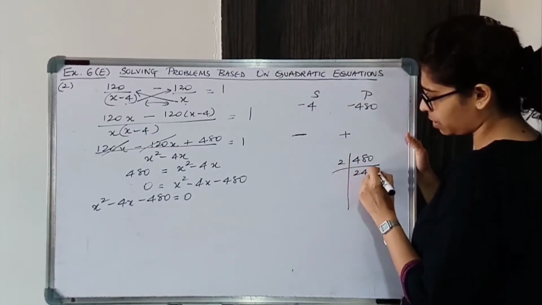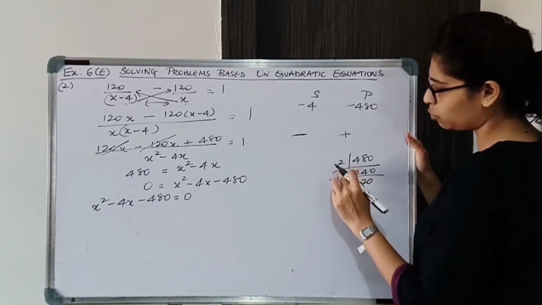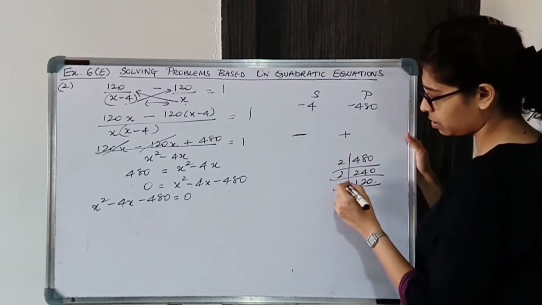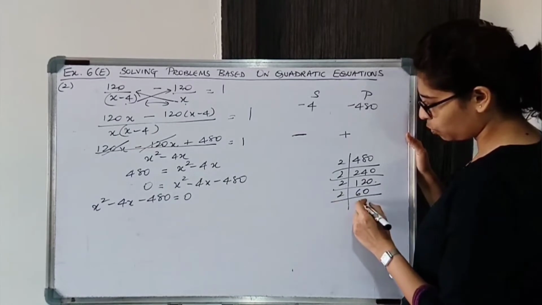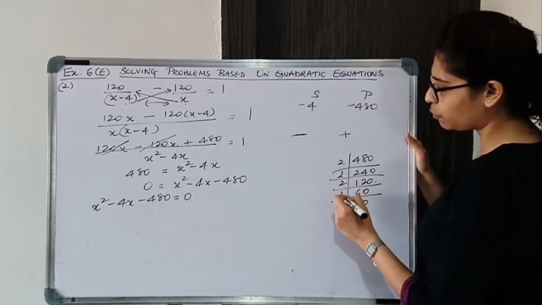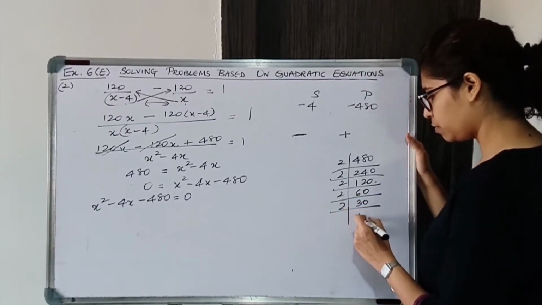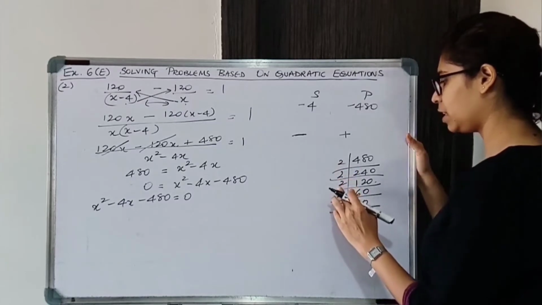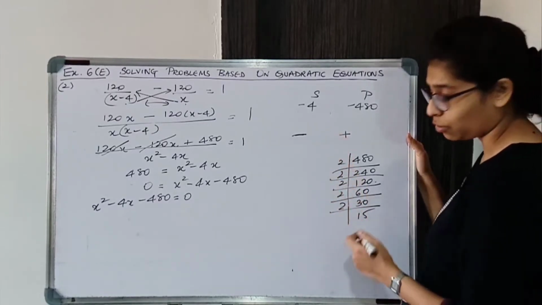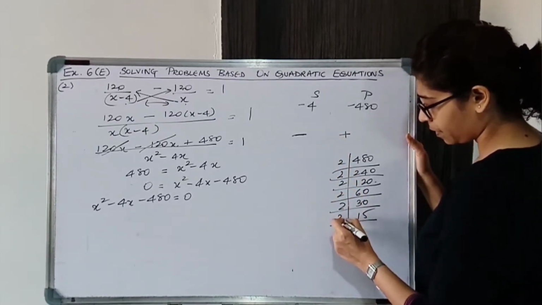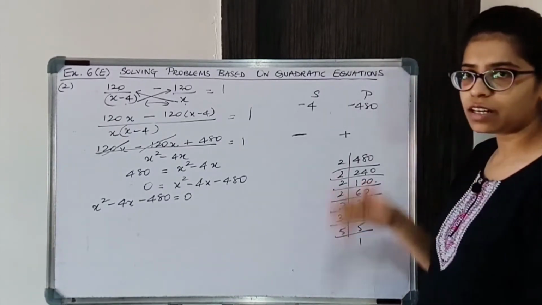2 2s are 4, 4s are 0s. The difference does not give 4. 2 120s are, 2 2s are 4, 4 and 120, still the difference is huge. 2 60s are, still you will not get it. 2 30s are, 2 2s are 4, 4 4s are 16, 16 and 30 you will still not get. 2 15s are, 2 2s are 4, 4 2s are 8, 8 2s are 16, 16 2s are 32. 32 and 32 minus 15 will not give it, so 3 5s are, again you will get a big number over here. Now we need to rearrange the factors.